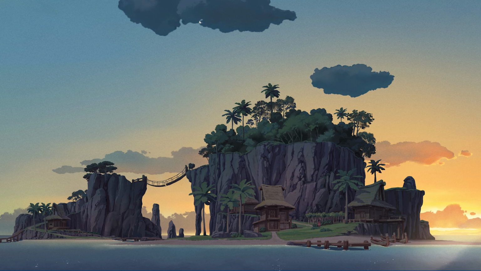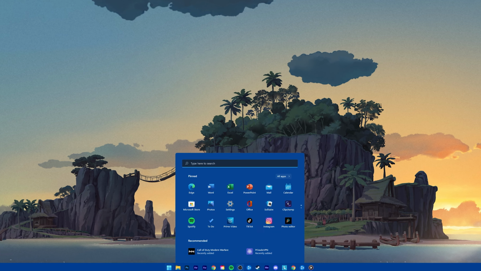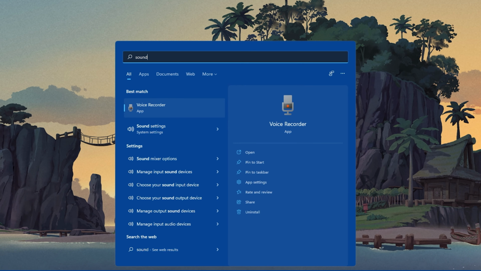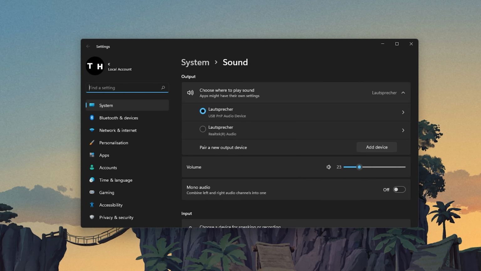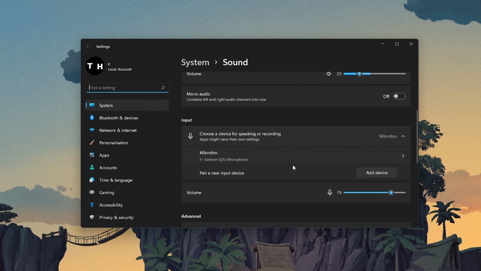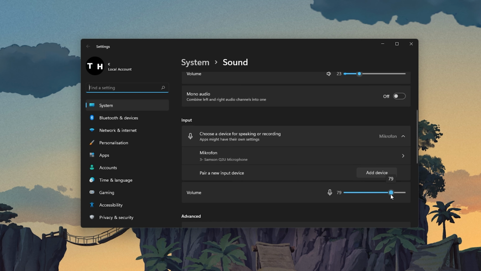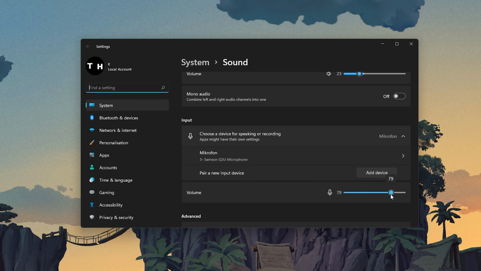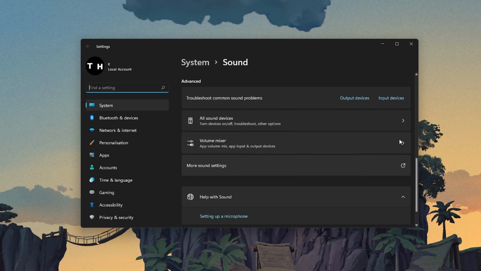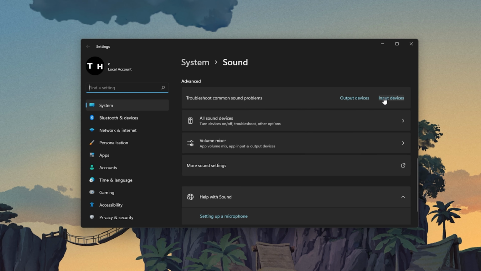After making changes to your Warzone settings, you should close the game and search for sound in your Start menu search to open up your sound settings window. On this window, make sure to set the output and input device to your main device. Set the input volume to at least 50%, and depending on which microphone you are using, you will want to set it to 100%. Below, in your advanced sound settings, click on Troubleshoot Common Sound Problems for output and input